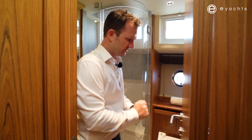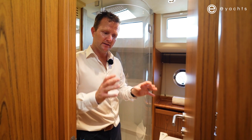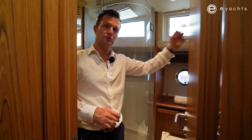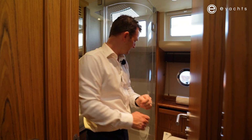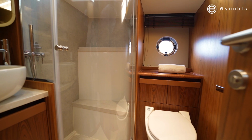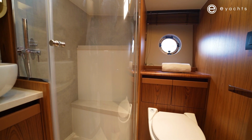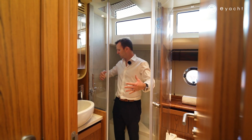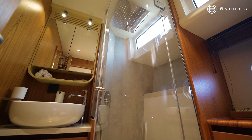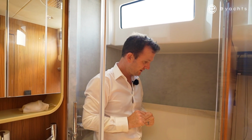Quite smart on this boat, so we've got a dayhead toilet here, which also has an access door to the starboard side mid-cabin. But you know, we walk in here, it's quite a smart use of space by curving the shower with glass. And now we're in the shower here. Quite a lot of space, huge rain shower above. And as I said, just the nice touches throughout the bathroom areas to make it feel quite grand